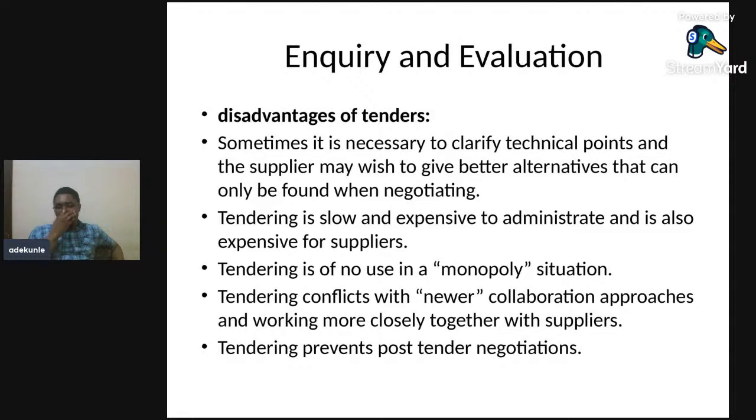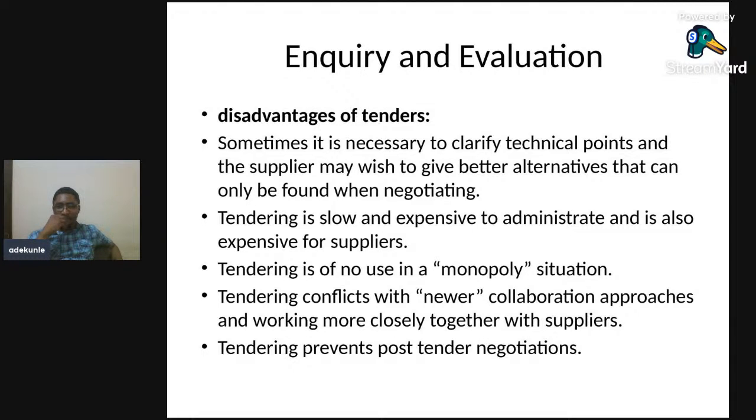Now, tender also has one disadvantage. One disadvantage is that it sometimes takes a longer time, and sometimes it is necessary to clarify technical points, and a supplier may wish to give a better alternative that can only be found when you're negotiating. Sometimes you don't get it. Some technical points cannot be stressed even on paper, but you can only find them when you're actually negotiating with your supplier. So tendering sometimes is slow and expensive to administer, and also